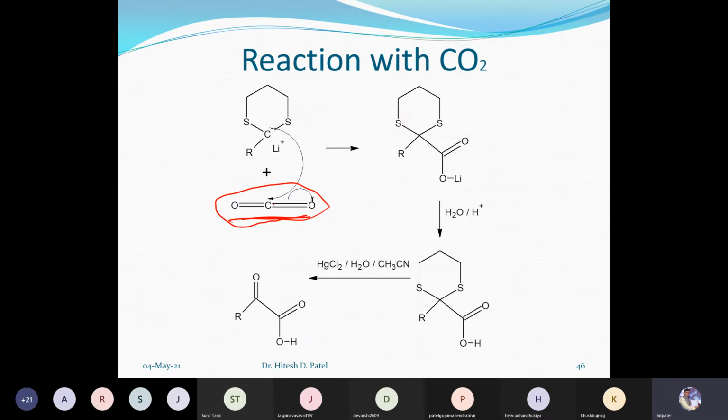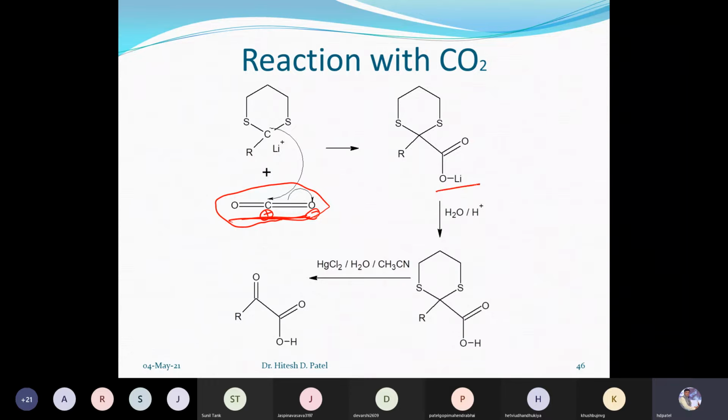Due to the electromeric effect, one oxygen pulls electrons, so this oxygen becomes negative and the other carbon becomes positive. On the positive carbon, the negative carbon will attack, and as a result we will get C double bond